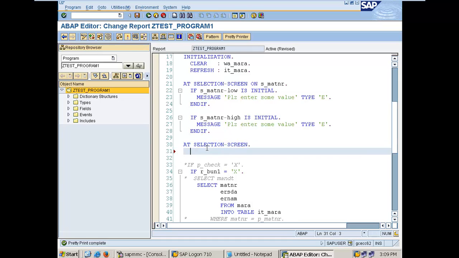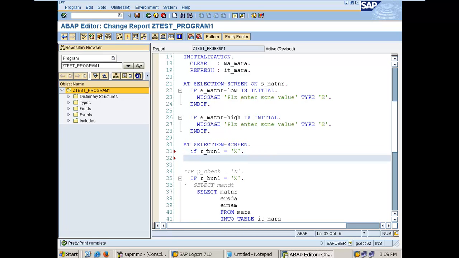So what I am saying here is, let's say if r_bun1 equal to x, message hi type